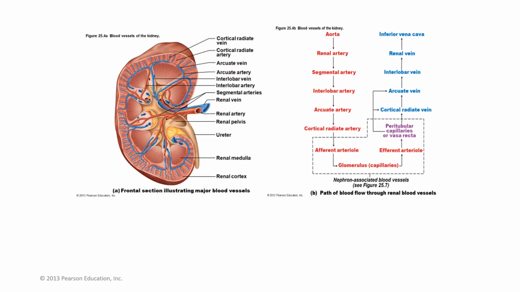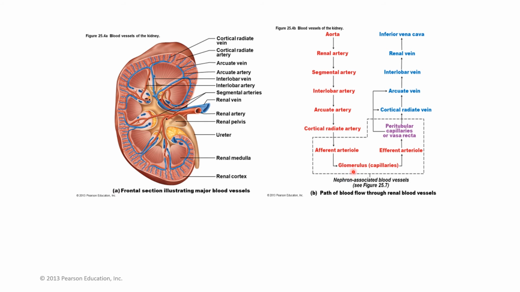So this image right here just kind of shows that as the blood enters into your renal artery and the renal artery starts to branch out, by the time we get up here to the renal cortex, the blood enters into those very small arteries that are going to be located up here, known as the afferent arteriole. That's where the blood is going to enter into the capillaries known as the glomerulus, and this is where filtration